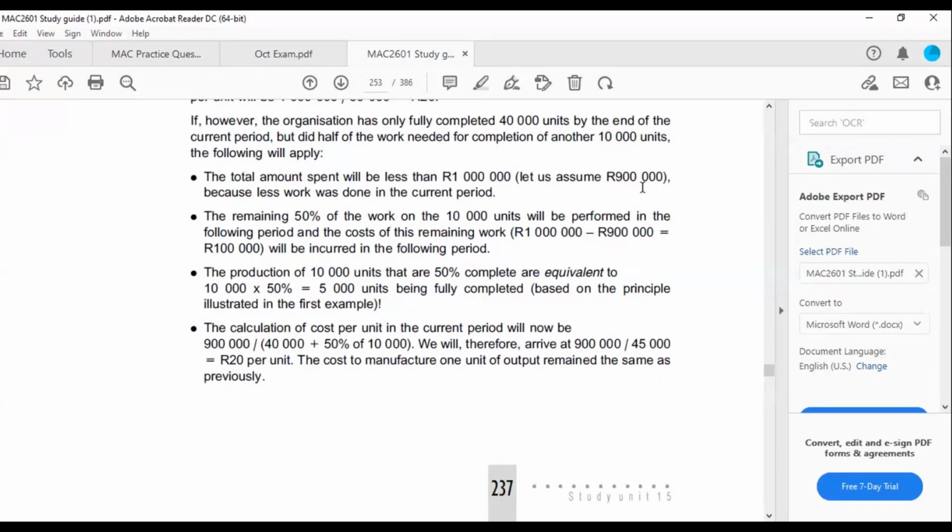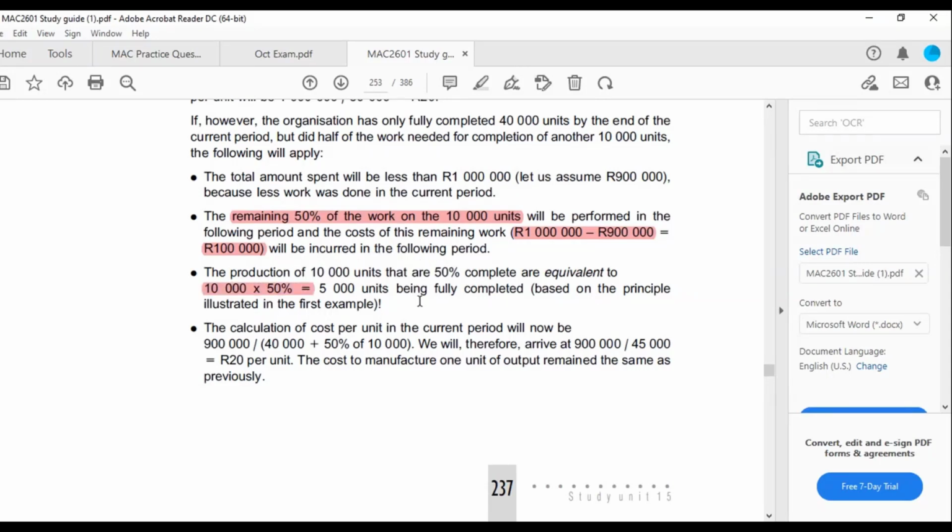Let's assume there is a 900,000. So the remaining 50% of the 10,000 will be like this. You'll take 1 million minus the 900, right? So you get 100 being incurred in the following period. So the production of 10,000 units that are 50% complete are equivalent to 10,000 multiplied by 50%, which is 5,000